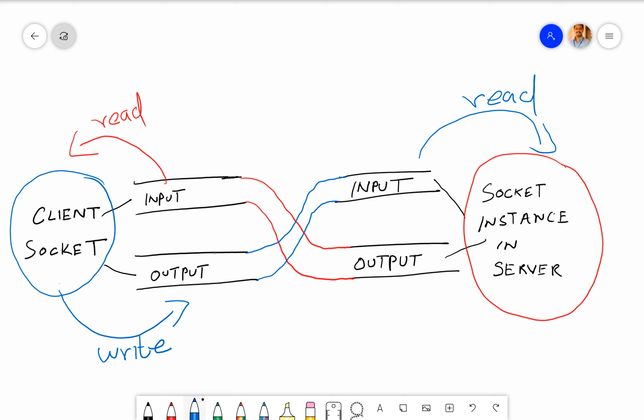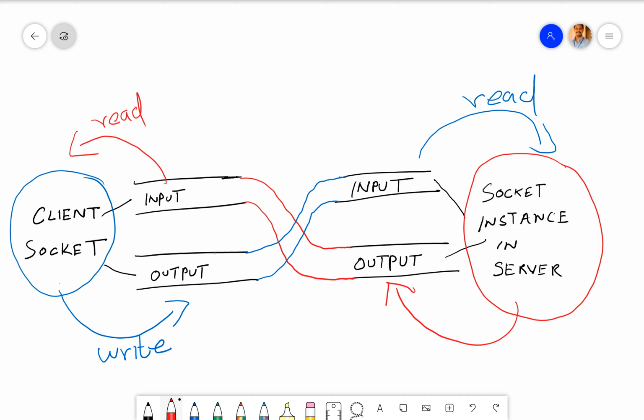Vice versa, whatever data you write on the server side through the instance that you create there, whatever is written to the server side instance's output stream can be read in the client's input stream.